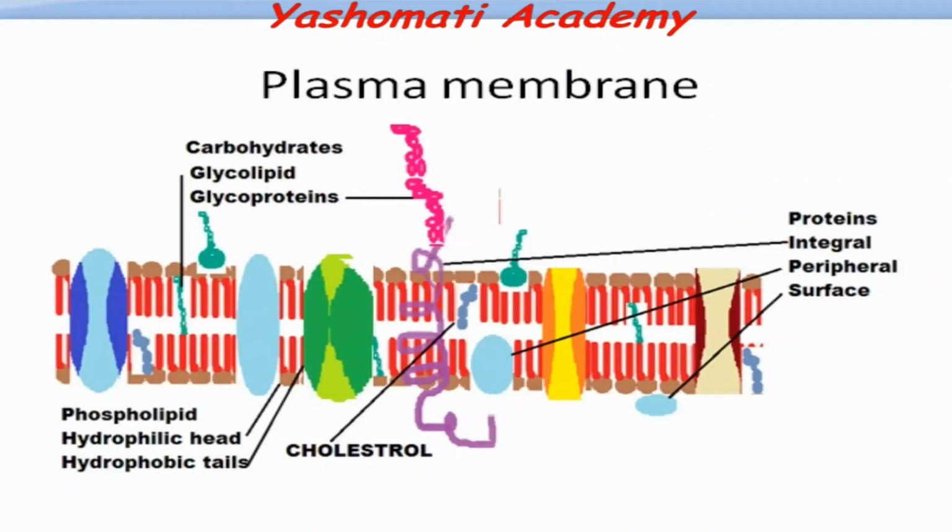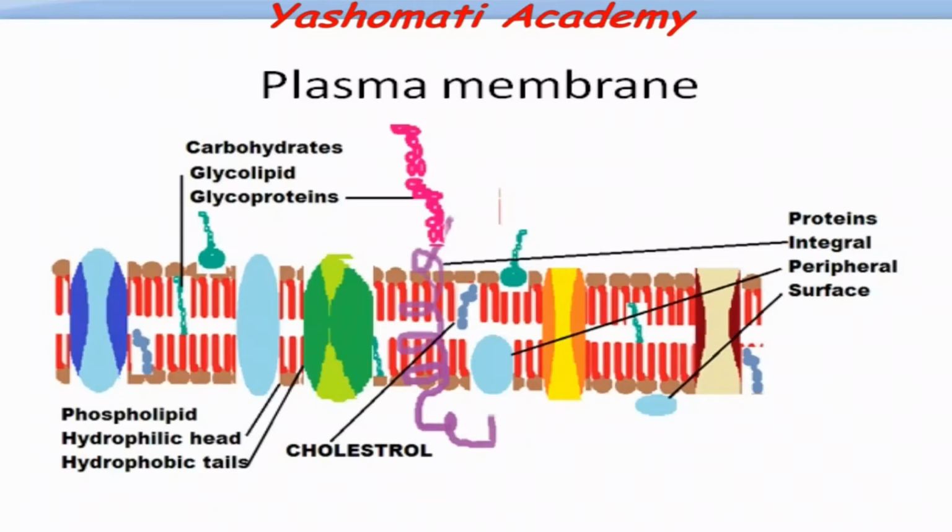Let us try to understand the structure of plasma membrane. Plasma membrane, we know, is the part of the cell which is forming the boundary. Plasma membrane is present in all kinds of cells, let it be plant cell or animal cell. In case of plant cell, it is further covered by a cell wall, whereas in case of animal cell, this is the only membrane present. So that means plasma membrane is providing the structure, as well as it is also providing the limits to the